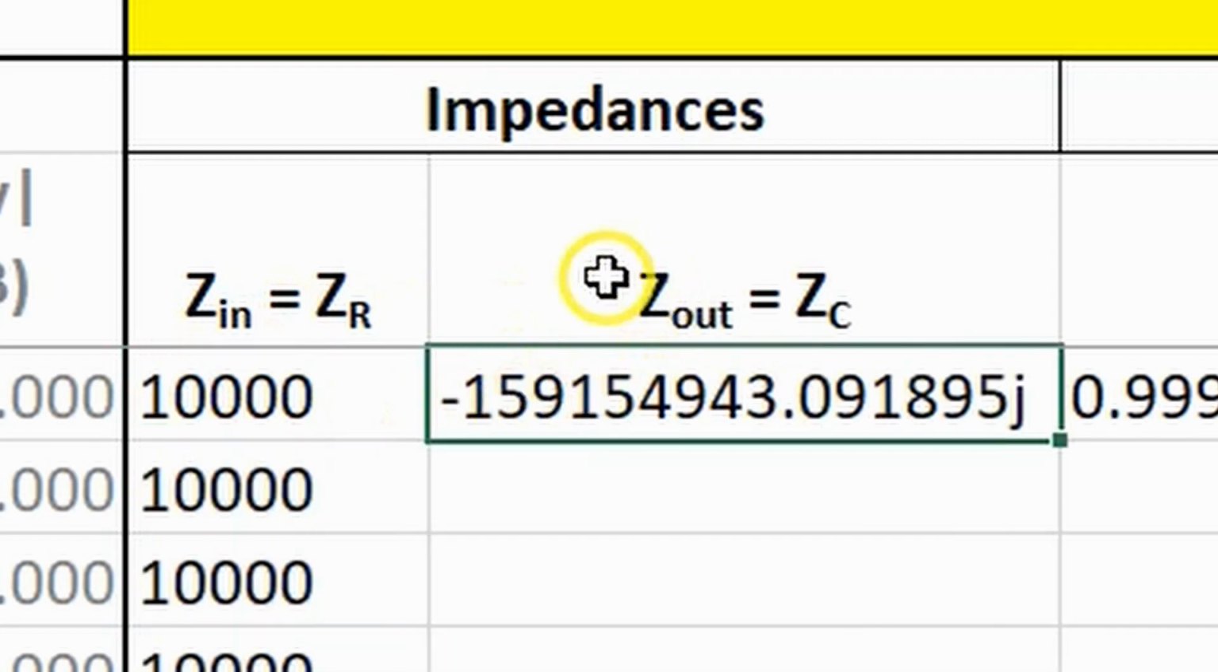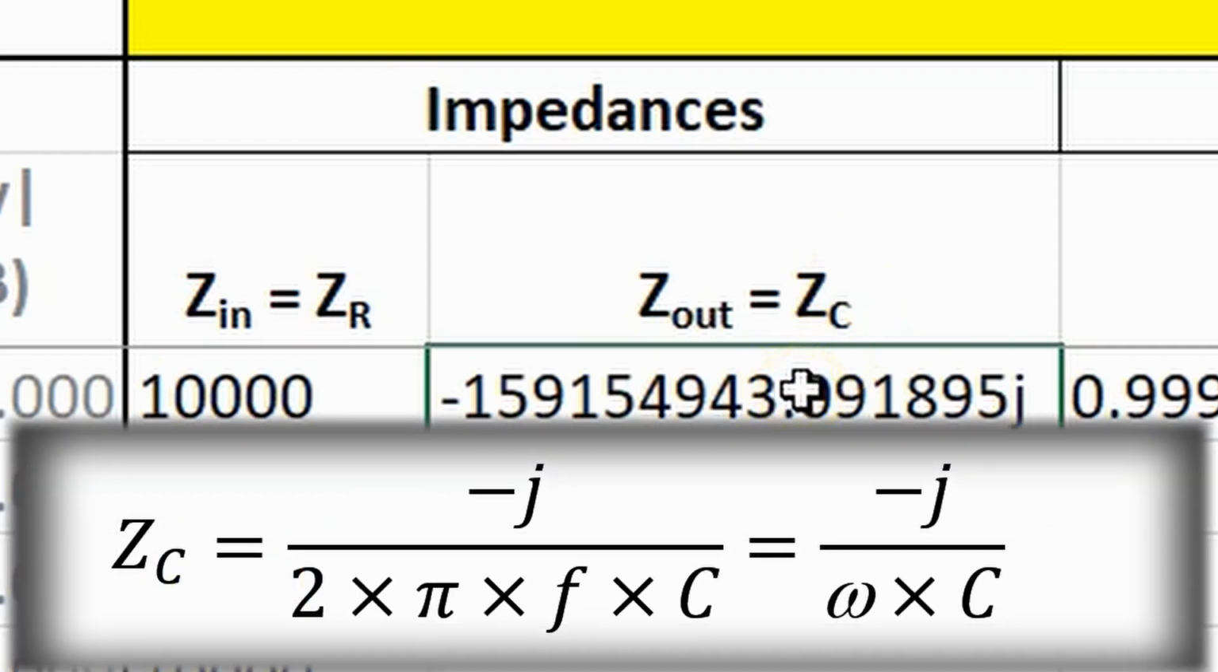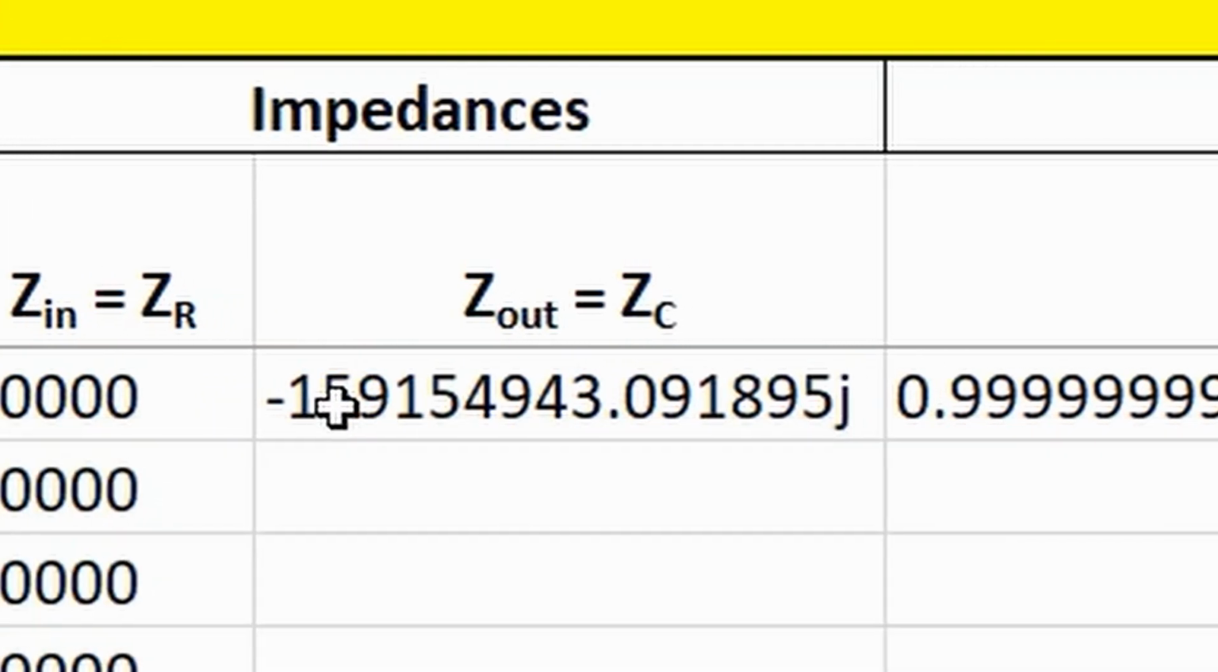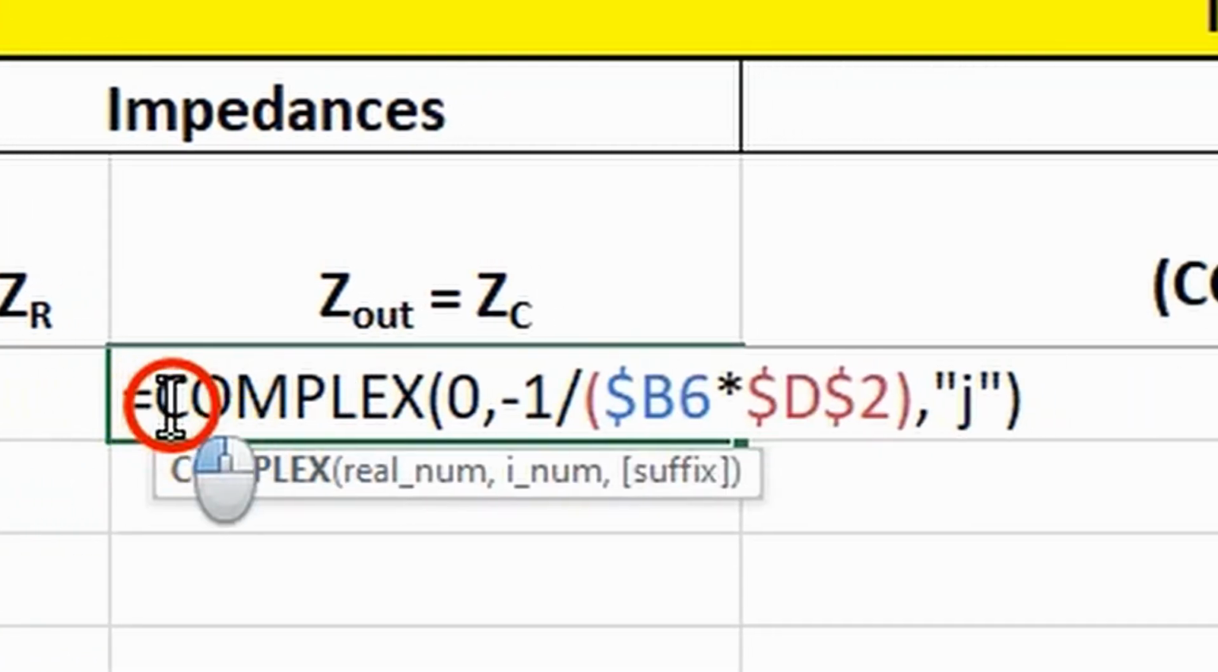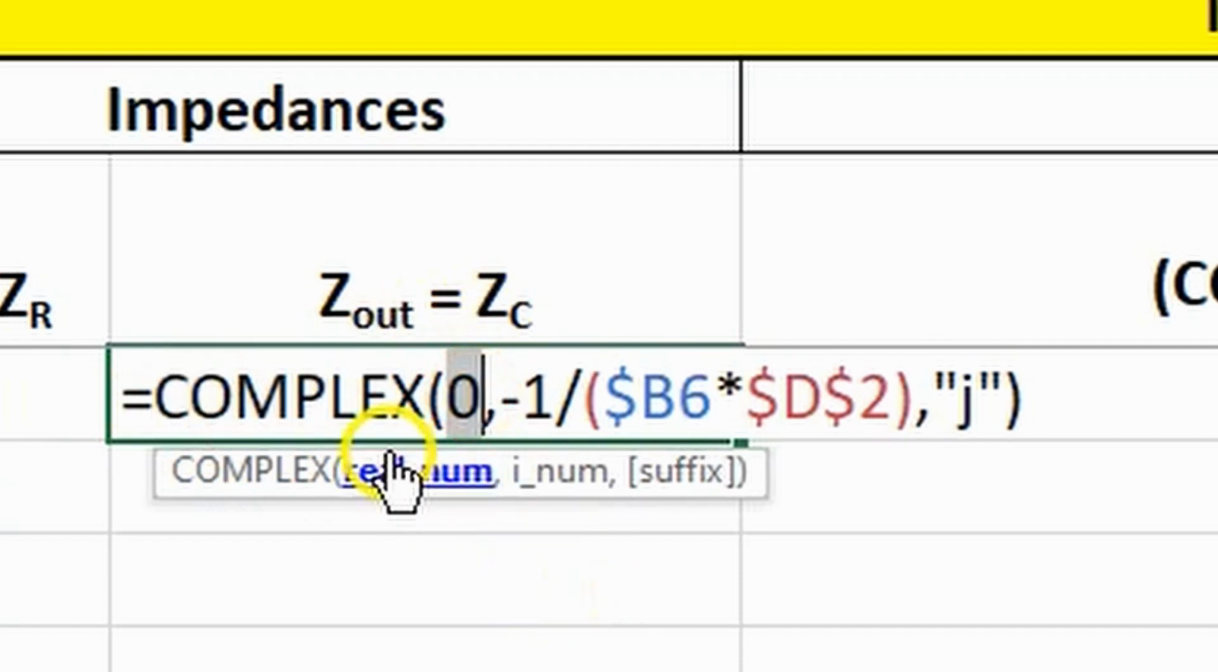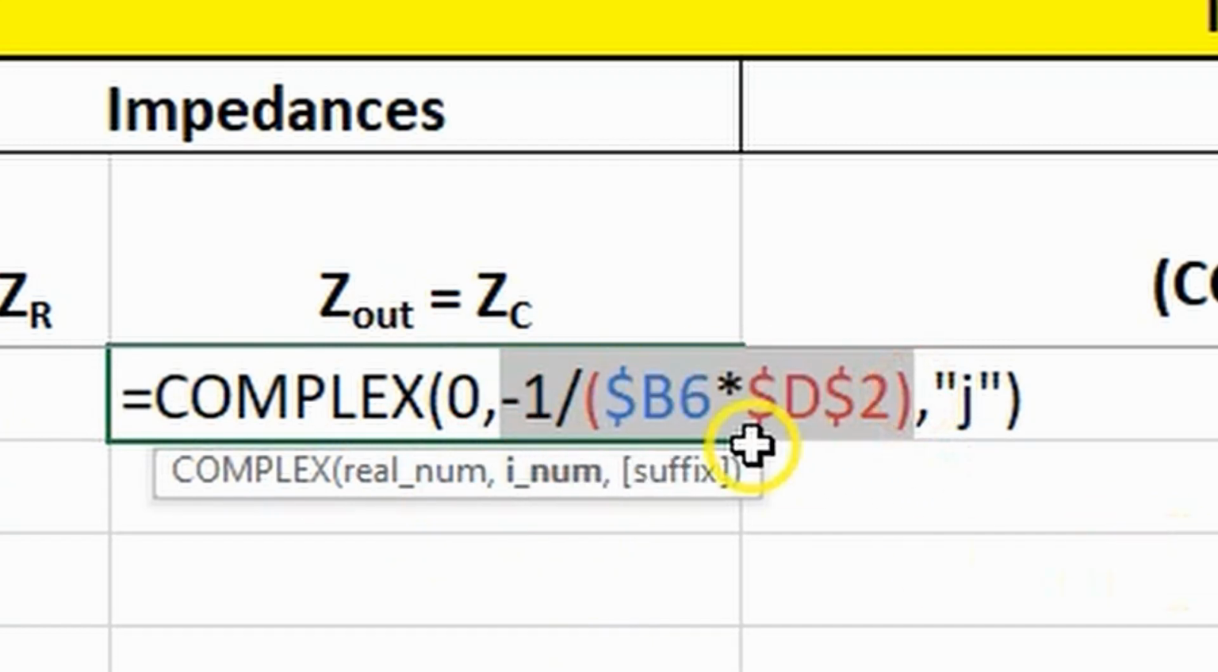Now we come to the equation for the impedance of our capacitor. Impedance of the capacitor is equal to minus J over 2 pi FC, but 2 pi F is our omega, which resides in column B. And again, this has to be a complex entity. So we start out complex. This is a capacitor. There's no real portion, so that's 0. And then we have our equation for the impedance here, minus 1 divided by